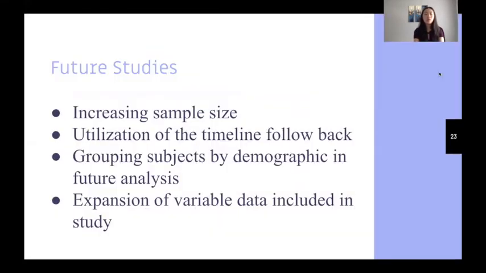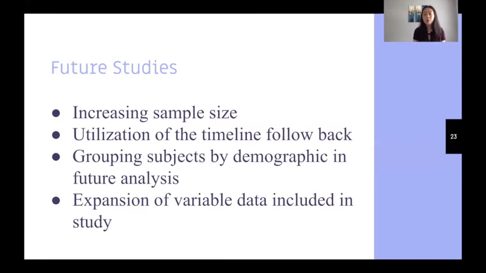Therefore, in future studies, I want to increase the sample size to reduce any bias that may be found in the numbers. Along with this, I'll be utilizing a timeline followback to replace my measures of frequency. A timeline followback is basically a more visual way for somebody to recount the past 90 days, in which they can mark out what day of the week it was and how that day reflects over the scope of a month. This can often lead to more accurate data simply because they are consciously going through every day and marking whether or not they used drugs on that particular day.